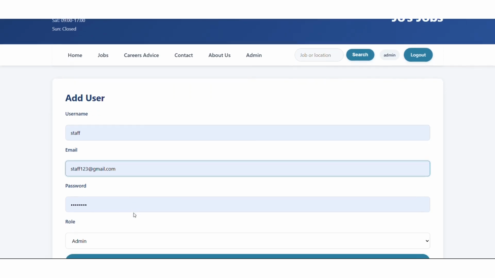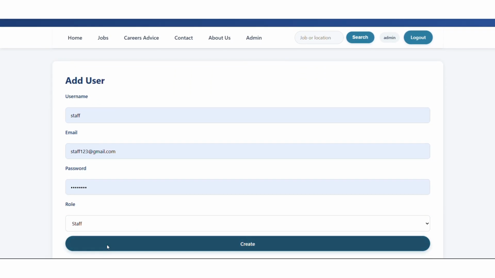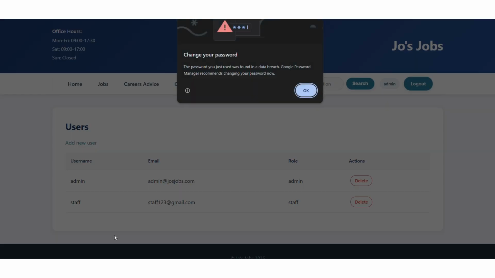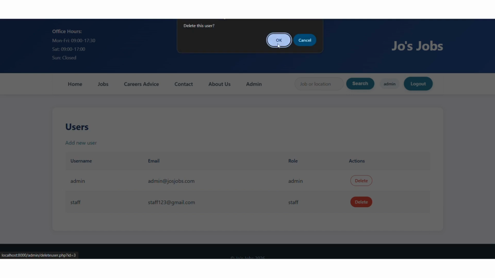This user is added successfully. Now I will delete the user to demonstrate the delete function.